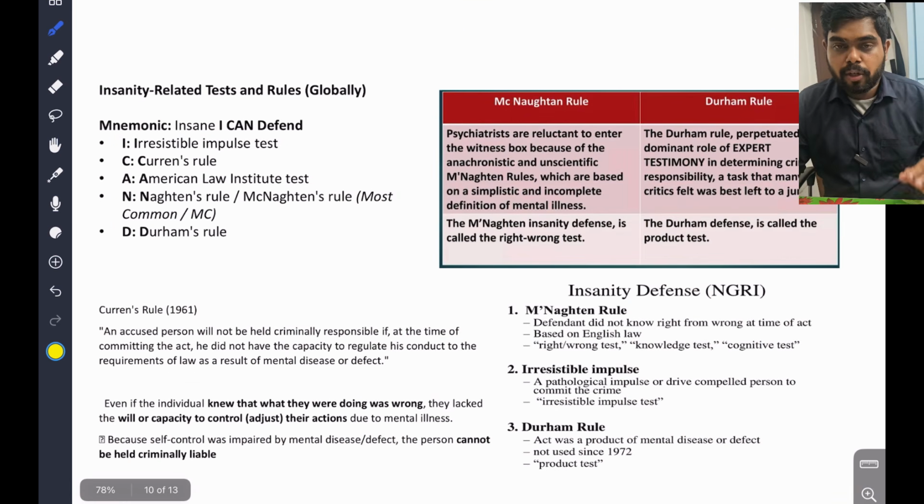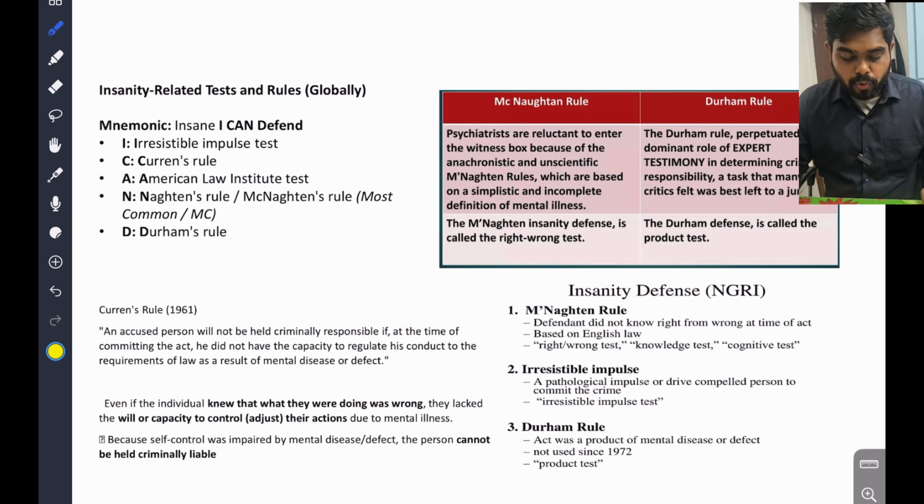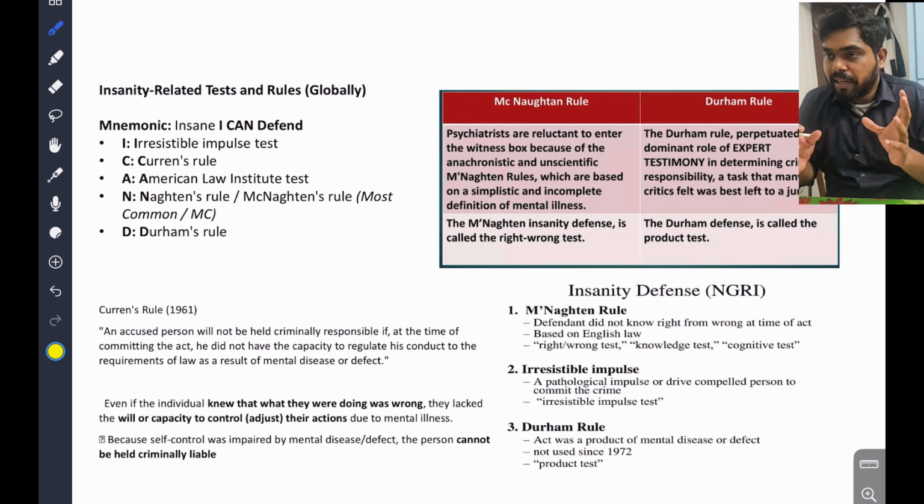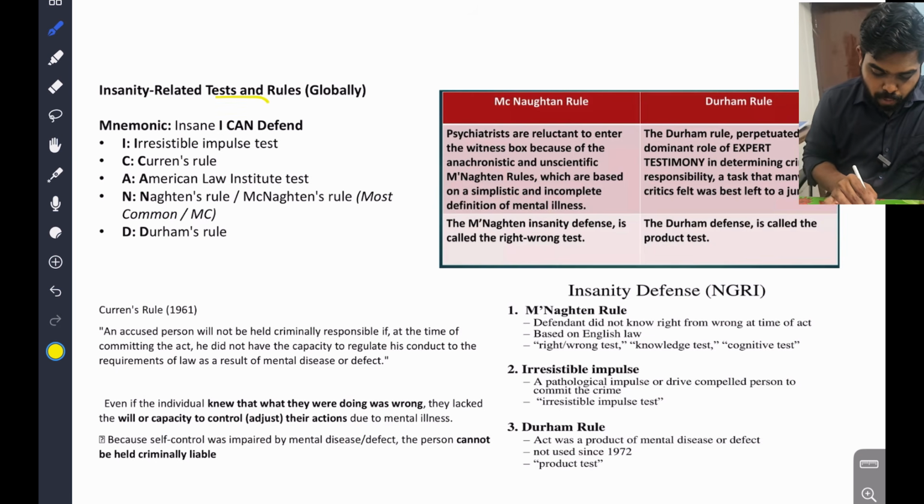This is also very important: psychiatry and forensic medicine. Insanity related tests and rules. If a person is insane, then the rules are different for that person. Clear? So what are they? The mnemonic is